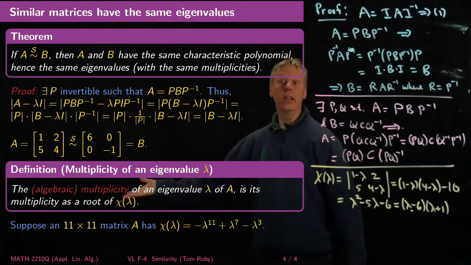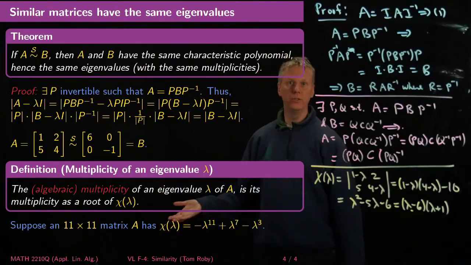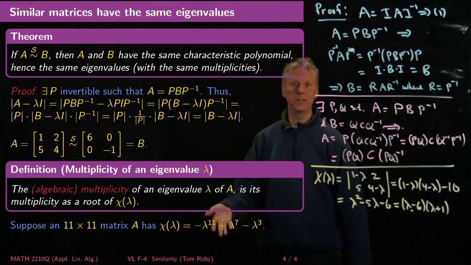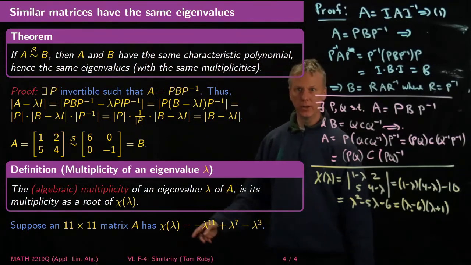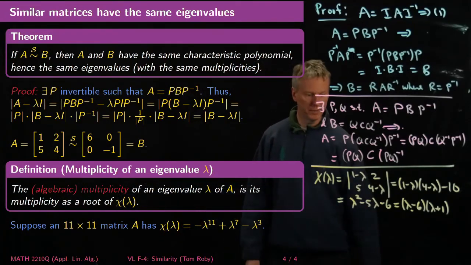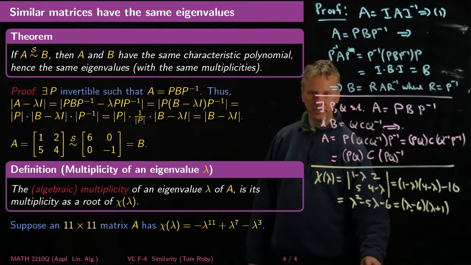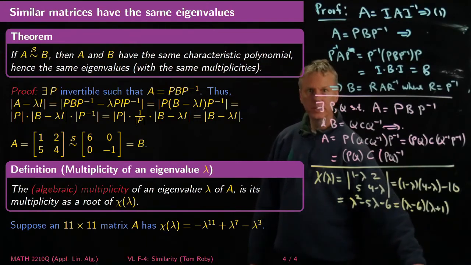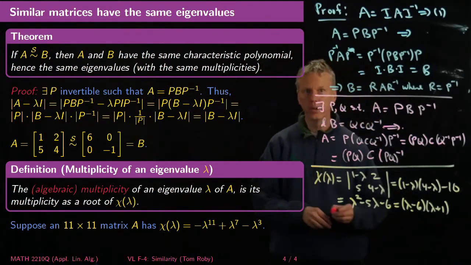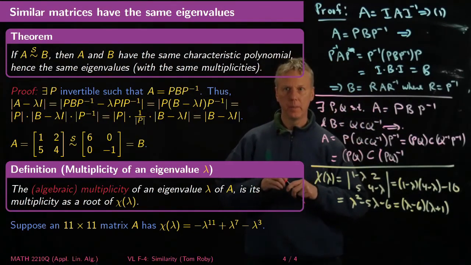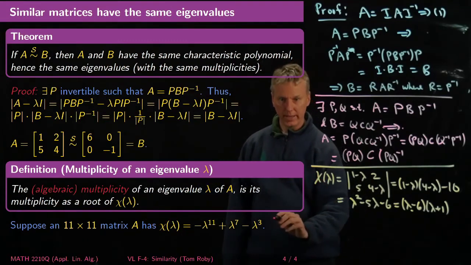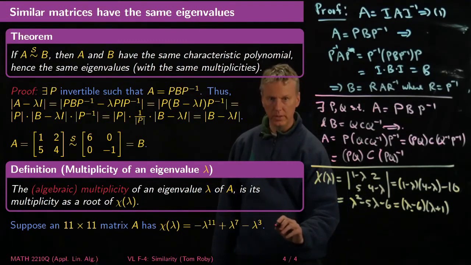So suppose I had an 11 by 11 matrix A, and you somehow knew that its characteristic polynomial was computed for you as minus lambda to the 11th plus lambda to the 7th minus lambda cubed. Notice that because this is an odd by odd matrix, the leading coefficient will be negative. And so what do I want to do with this? Well, I want to see if I can factor it. So let's take a different color, because I want to figure out what the eigenvalues are. And so what would I get? I'd get that this is equal to,